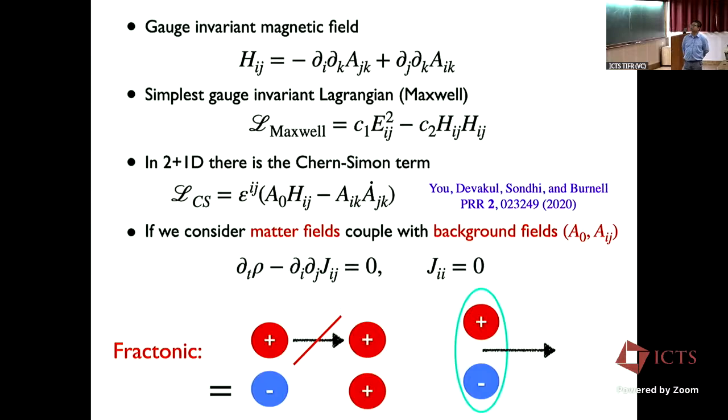This shows you some fracton-like behavior. Because of the conservation of the dipole moment, the charge cannot move, because moving a charge is equal to creating a dipole. Furthermore, the trace of the symmetric current also tells you that the trace of the quadrupole moment needs to be conserved. That means the dipole moment can only move perpendicular to the dipole vector.